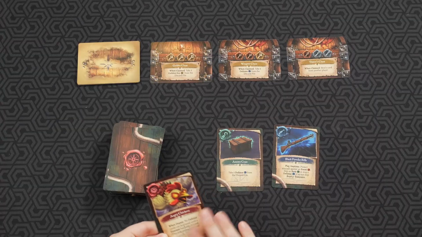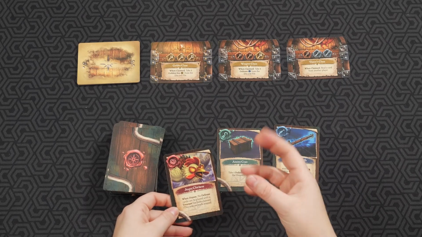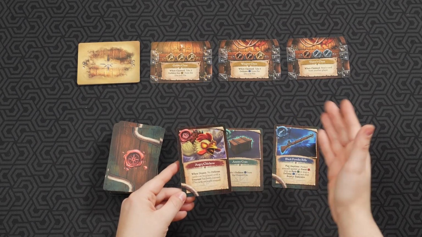Now whenever you're drawing, because as an action you can draw a card, you're technically allowed to draw 2 cards, since every turn you're allowed to take 2 actions. If you draw one of the event cards, it has to be played right away. Most of the time, you're going to have a negative benefit. This is going to be in effect until a treasure card has been claimed. This angry chicken here says that no defense card can be played until the treasure card has been claimed. That is not a great card because anytime somebody's trying to do anything negative to you,